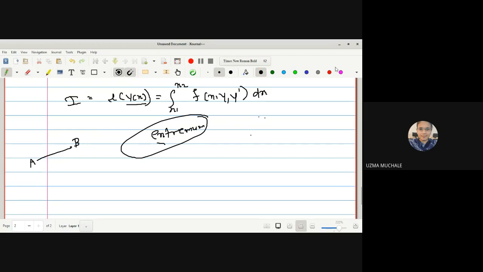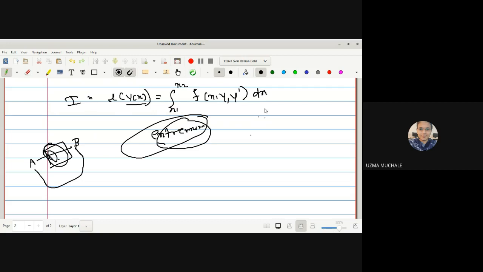But suppose that shortest distance is not possible, since between the 2 points A and B there is a river, or some obstacle, so you have to move some other way, right? So here extremum means either maxima or minima. So length is a functional which is described with the three variables x, y and y dash, and the integration of this function will give you the value of a length between the 2 points, and here it can be either maxima or minima. Okay,